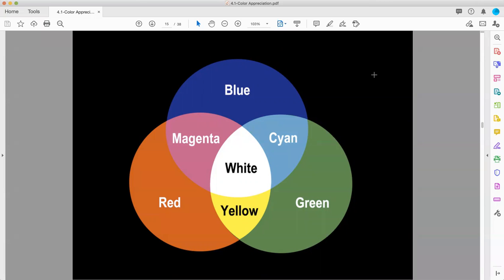Where we last left our hero, we were talking about additive color and how additive color starts with darkness, and then you start adding different wavelengths and types of light energy. Remembering that red, green, and blue are considered primary colors that you can mix any other color with in light, as we have a red, a green, and a blue sensor in our eyes, actually many of each, but just simplifying it. We have parts of our eyes that see red light, parts that see blue light, and parts that see green light. All the colors that we experience come from different ratios of those three parts of our eyes,